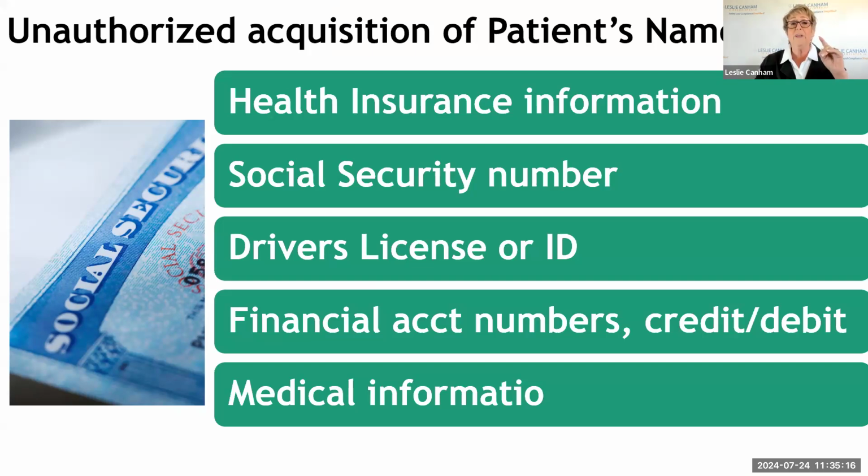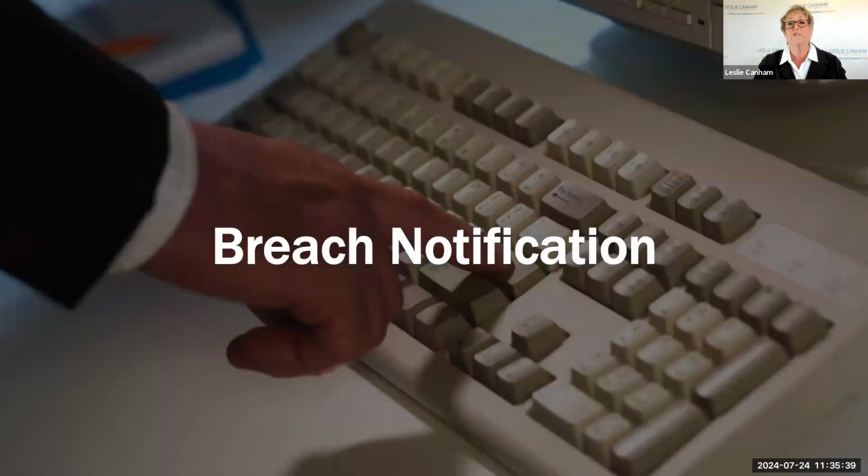But if it's name and insurance information, or name and social security number, or name and driver's license or ID, or name and financial information, credit or debit card, and then medical information, unauthorized acquisition of a patient's name with any of these is considered to be a breach, and that triggers breach